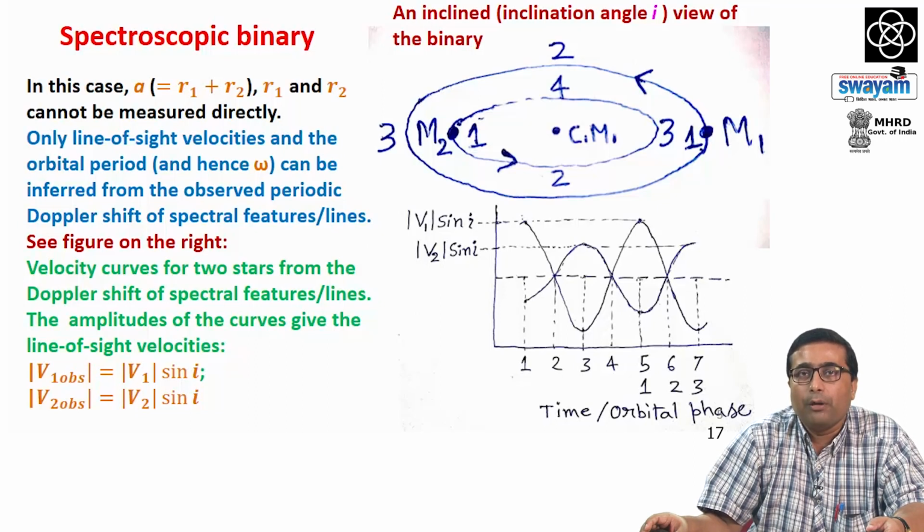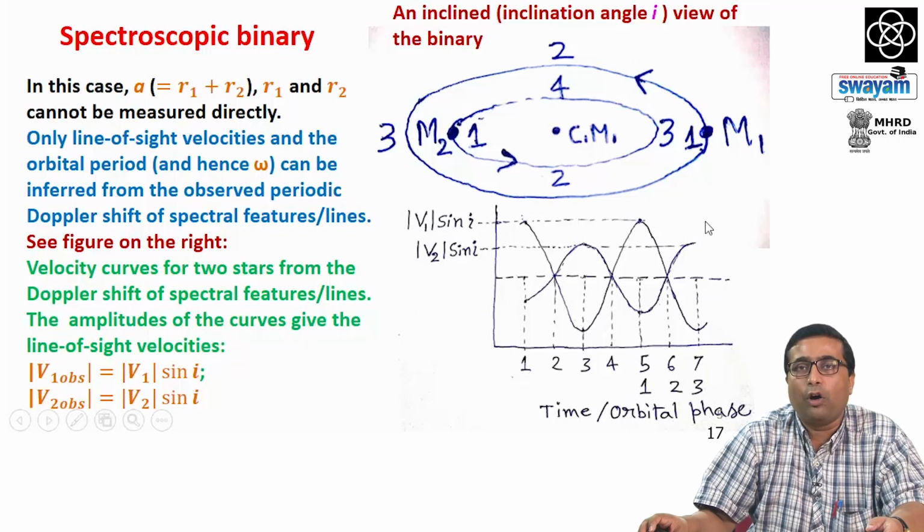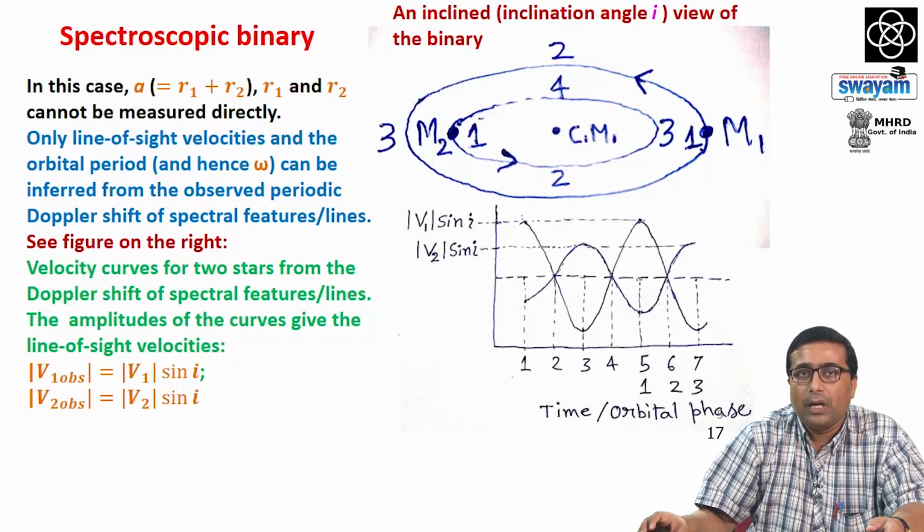But we cannot of course measure the actual speed or actual velocity of the star. We can measure the speed only in the direction of our line of sight. So, these are the 4 locations 1, 2, 3 and 4 for the star M1. Similarly, for the star M2, these are the 4 locations 1, 2, 3 and 4, and corresponding to these locations in the orbit, which corresponds to the time or orbital phase, we can measure these velocity curves from the Doppler shift of the observed spectral lines or features,